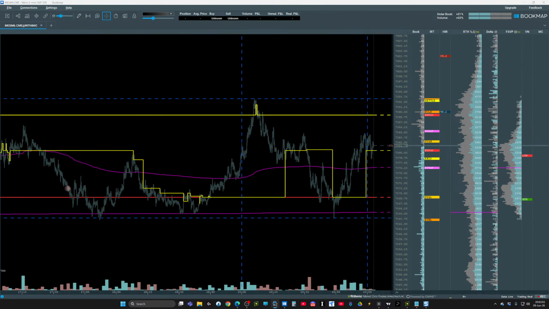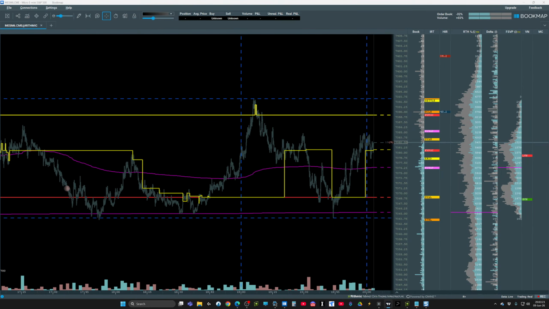So what do we have going on now? Well, there's the end of the initial balance. Where did we close it? Here's the high. Here's the low. So we go 0 to 25, 25 to 50, 50 to 75, 75 to 100. So the ending zone is 50 to 75. So we dance back over here and we go